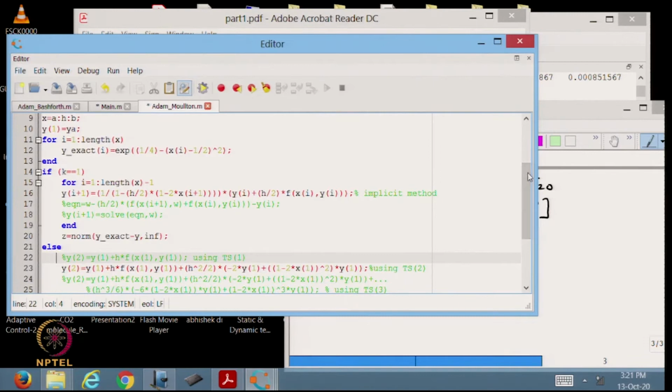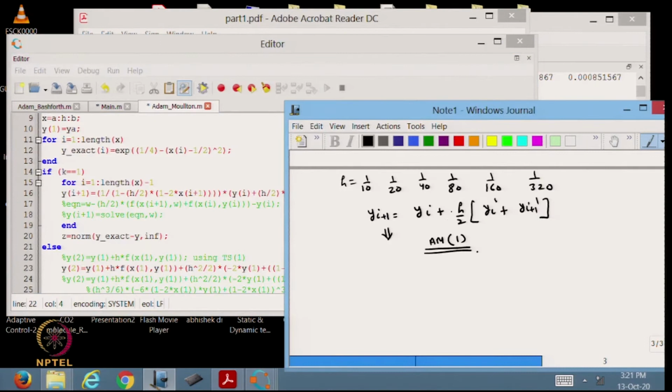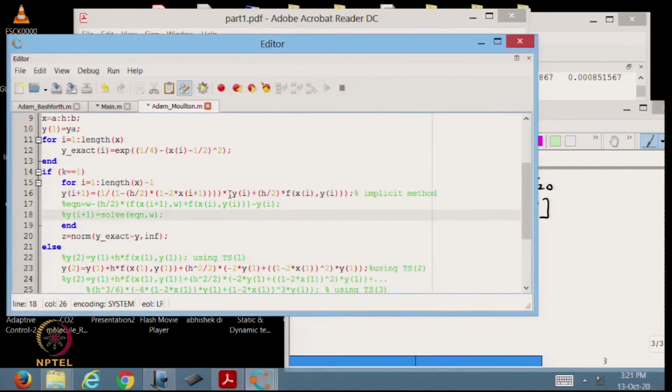So, for k equal to 1, again the same algorithm I have implemented here, which you can observe from here, y 1 into this 1 minus 2 xi on the right hand side, and then again the same algorithm which I have written here, I have implemented here. Okay. And then we are computing the error. Again the error is the difference of the exact solution and the numerical solution.